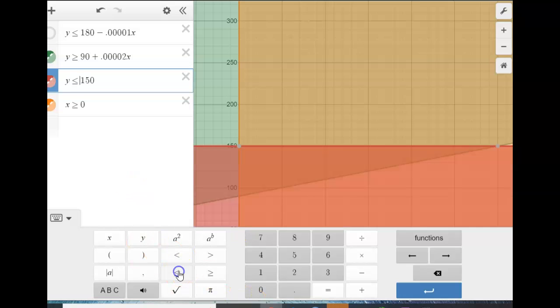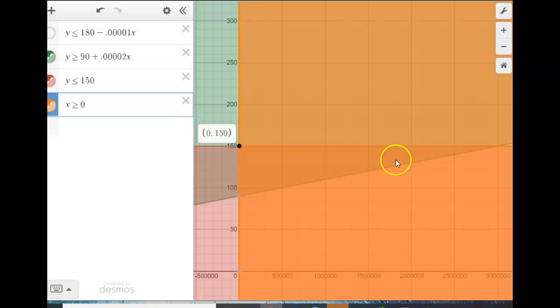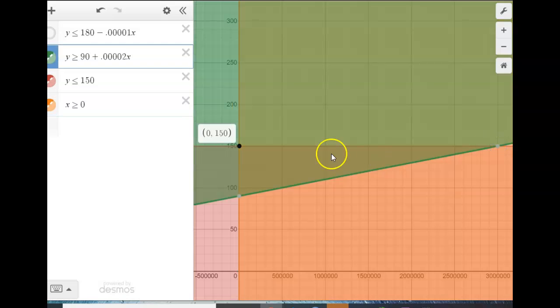No, less than or equal. That's what we want. Okay, so what we want is this triangle here. So I'm going to point to the vertices. There we go. So this triangle here,